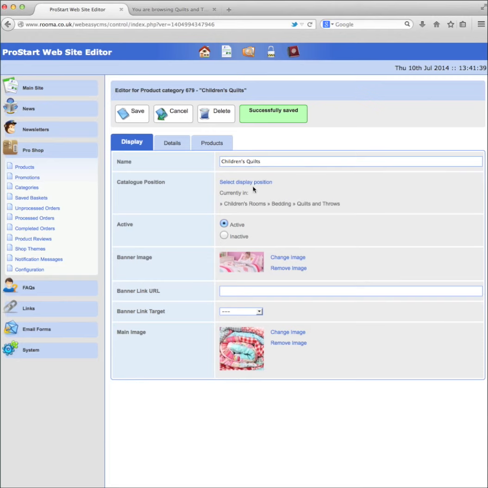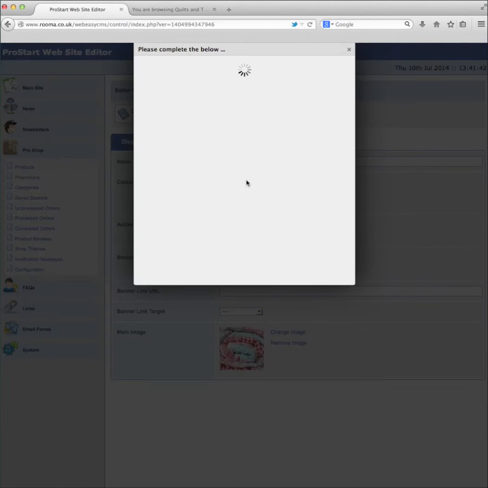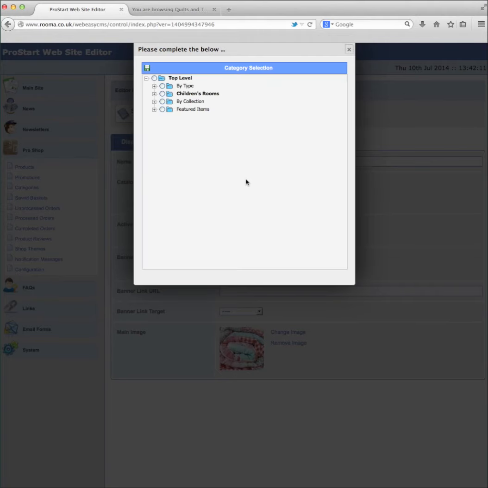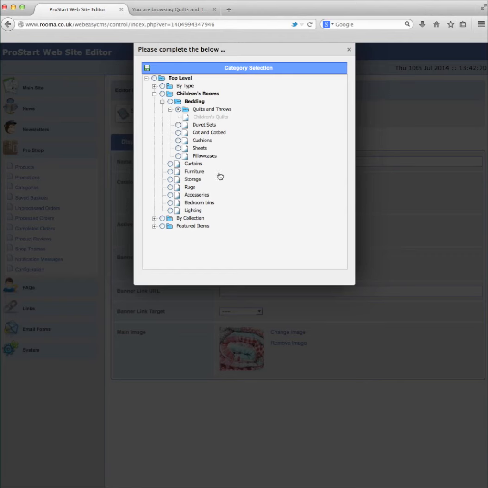And back in the editor, if we look into the select display position now, and then we look inside children's rooms and into bedding, you'll see that the Quilts and Throws here has now got children's quilts coming off of that. It's no longer at the bottom, it's now linked off of this one because it's made this one have a blue folder icon because it's now made that